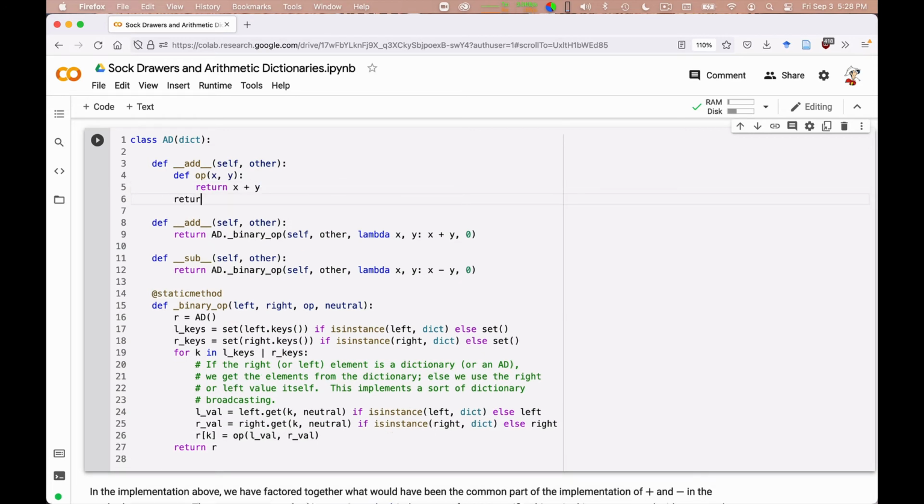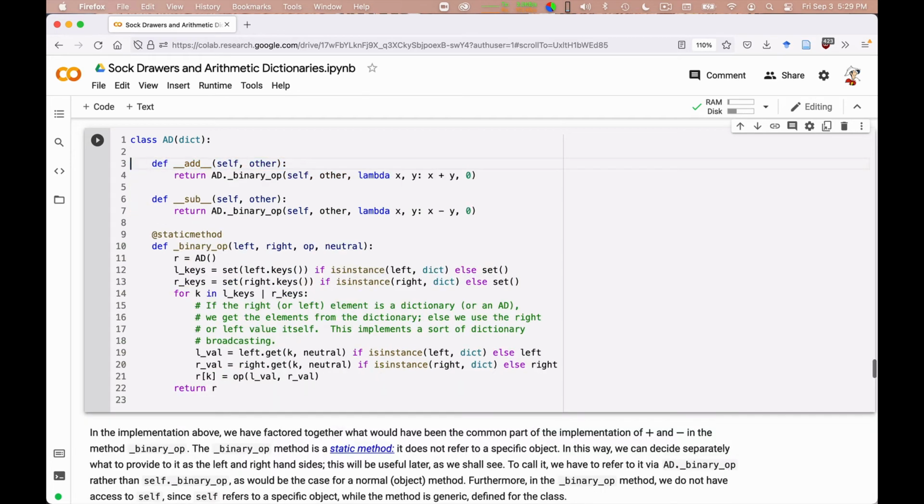And then I would say return AD.binary_op of self, other, op, and 0. Okay, so this would be perhaps more readable to you, but I prefer this notation in which instead of defining op in this funky way, you just define it in a single piece like that. Okay? You could do it either way though.